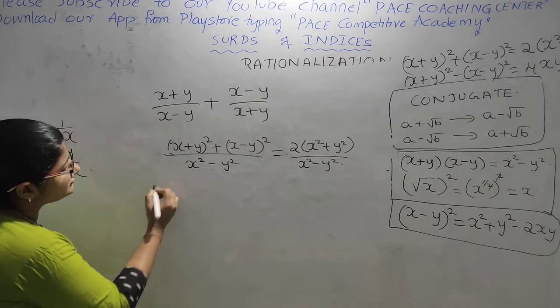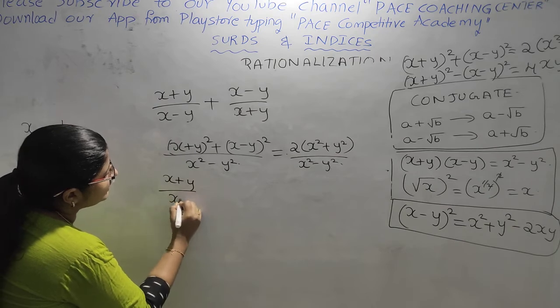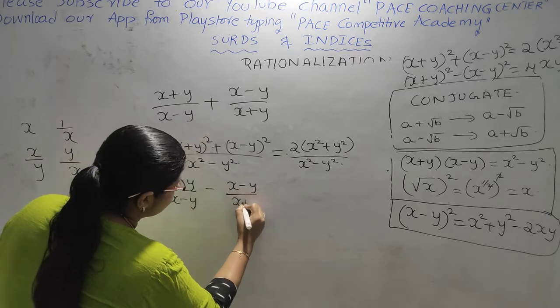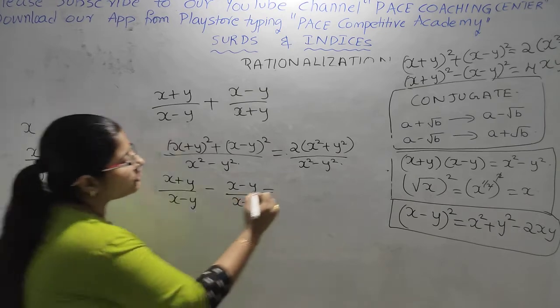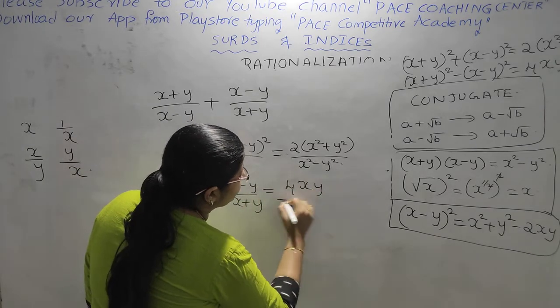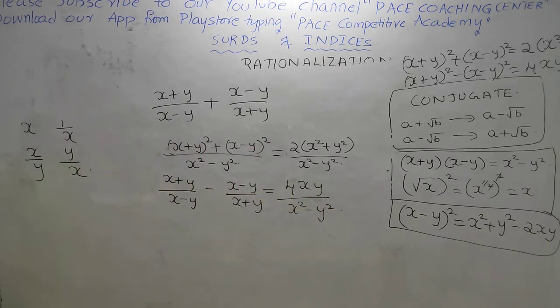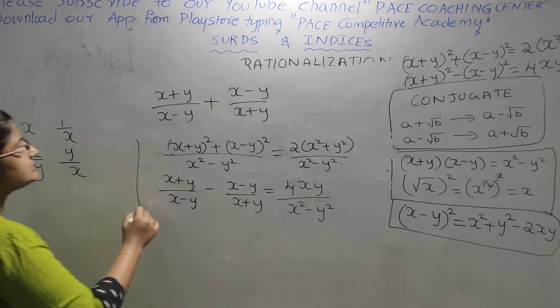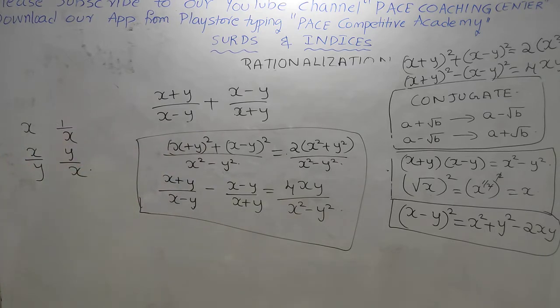If suppose in place of addition, (x plus y) divided by (x minus y) minus (x minus y) divided by (x plus y) is there, then the resultant will be of the form 4 into x into y divided by, again, the denominator of the form x square minus y square. You need to remember these two. Important, please do note down. By using these two, let us solve a few questions.